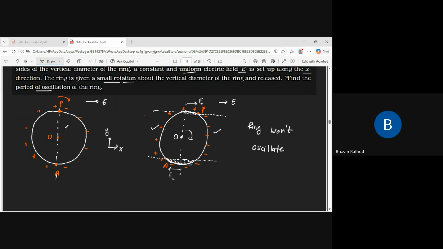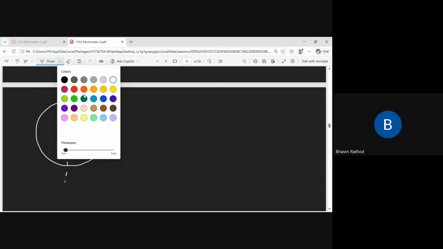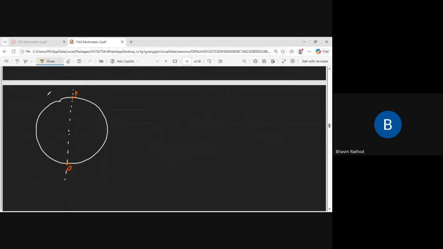All right. Okay, so that's not how we can put the charges, right? So we have to do the other way around. Hence the charges that we are going to put for oscillations to happen will be like this. Point A here, B here. So we have to put negative charge on this side and a positive charge on this side, because now if we disturb it a little bit from the equilibrium position,